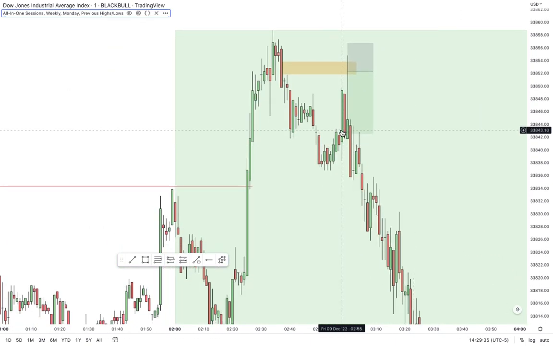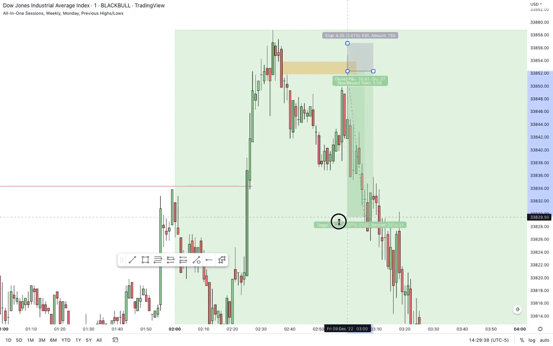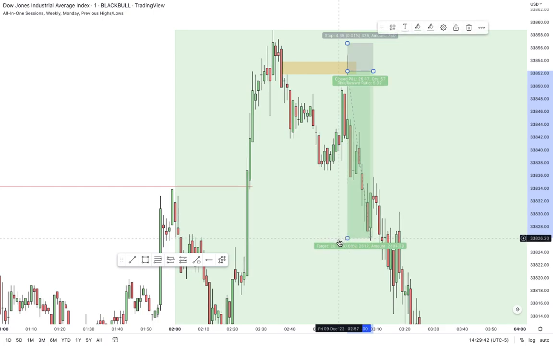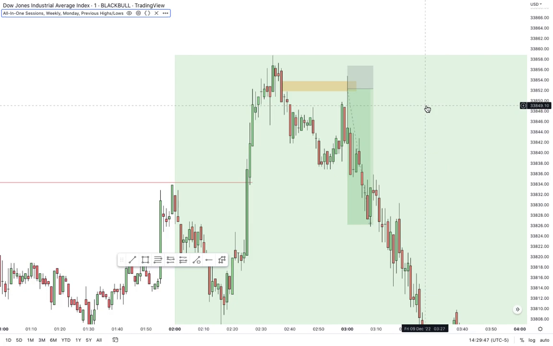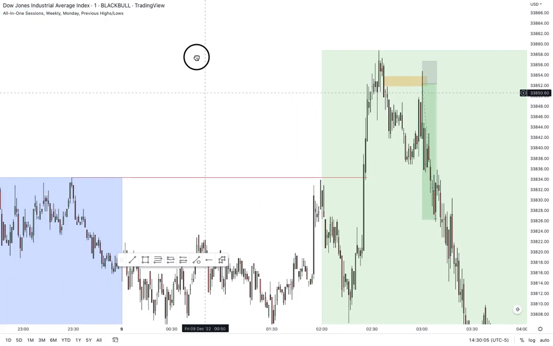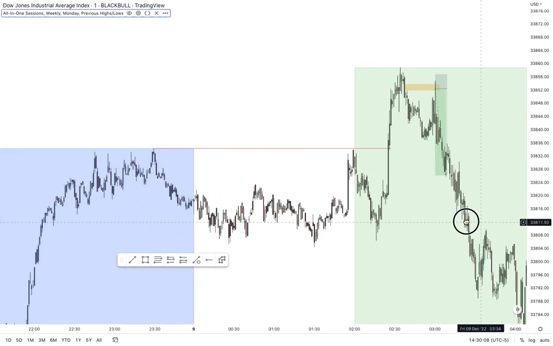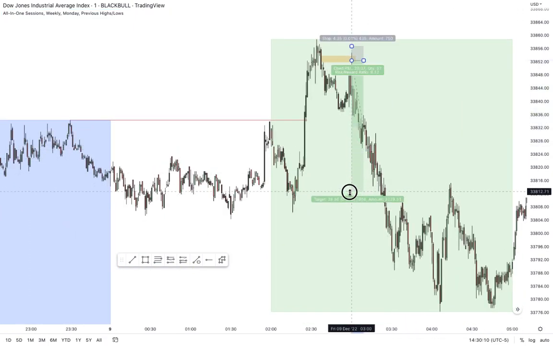So what I did was I took my first partial at 6 hour. Where's it? Somewhere here. Okay, so why did I take it on 6 hour? Because I was away from my charts. So when I got back to my chart, the price was at 6 hour. So the first thing I did was to break even the trade and take off 60% of the trade. So after this, my next target was the 10 hour, and